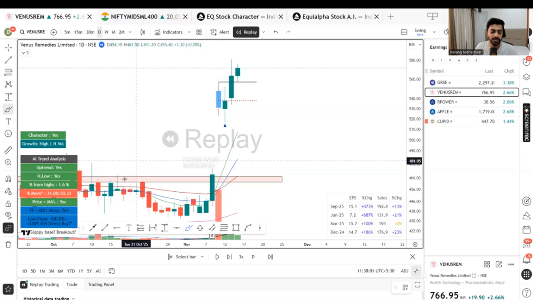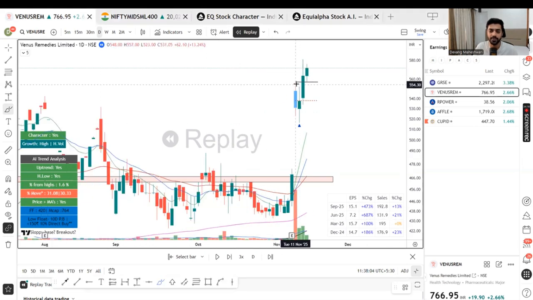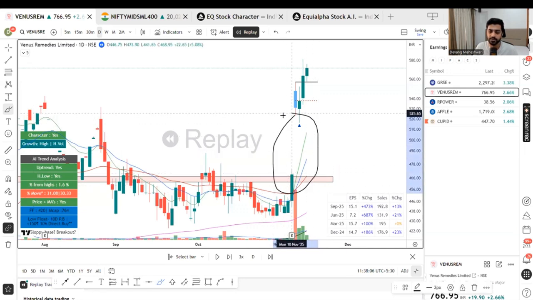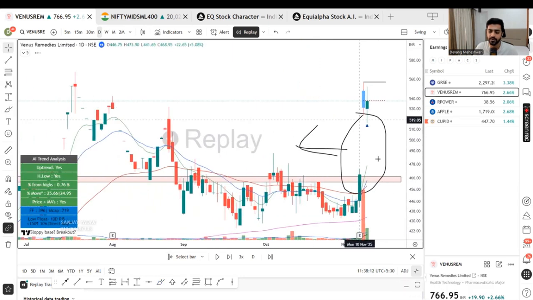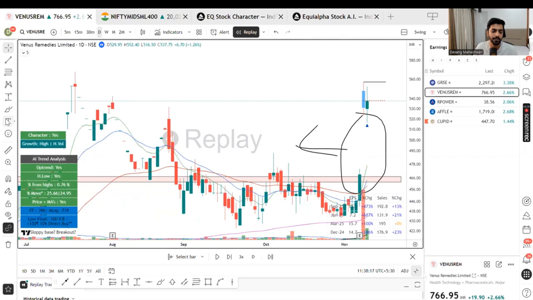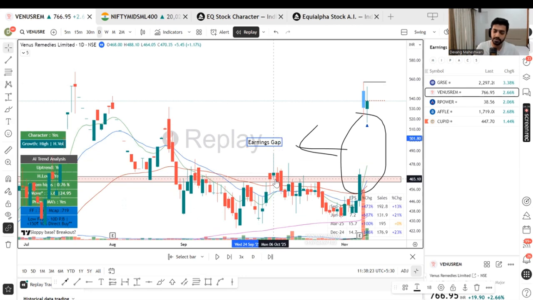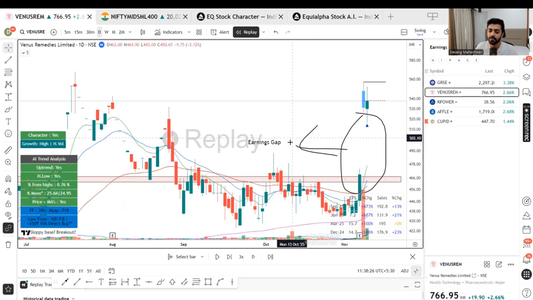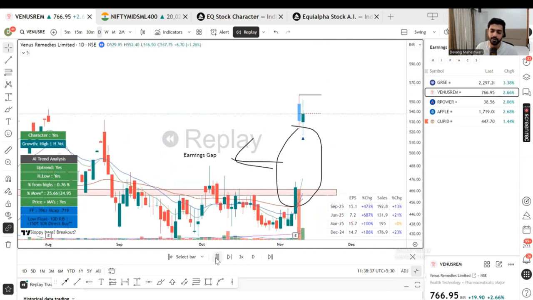Now look up here, this is a huge result gap up. People get afraid that it's already done, but that's not something you should be worried about. Look up here, this is fine. This is a good breakout already done here. Then this is the result action, an unfilled gap. This is the earnings gap. And this remaining unfilled is a sign of strength, that even after such a 13, 14, 15% opening, the stock did not correct. It did not go back fully. So here again, this is your follow-through buy up here on the 12th.